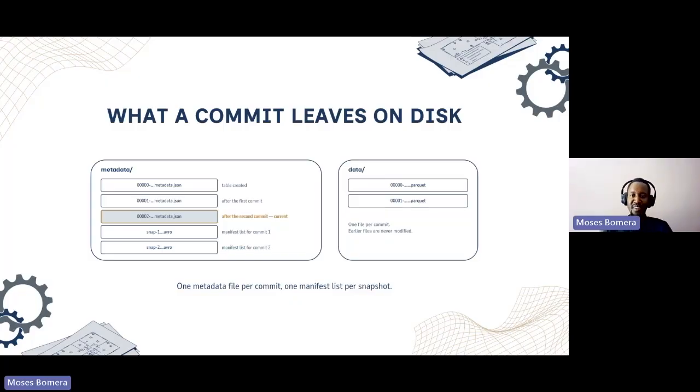I hope that starts to paint a picture of the whole point in time provenance that the lakehouses provide, because the storage of the metadata with the whole manifest logic is how lakehouses are able to achieve that particular property of being able to move back in time and recreate data as it was then, as opposed to what it is today.